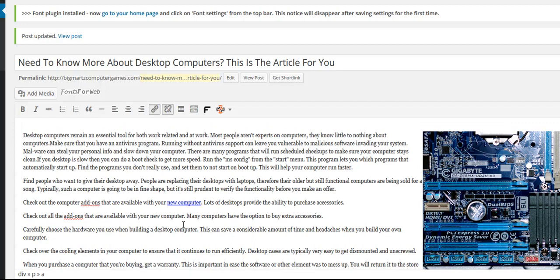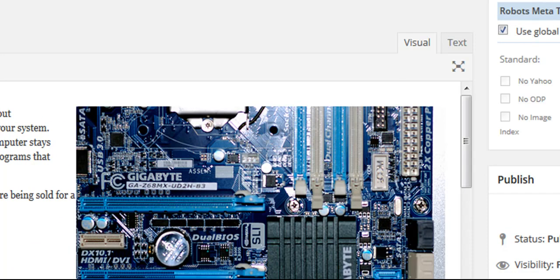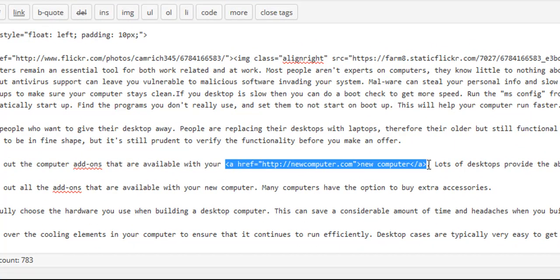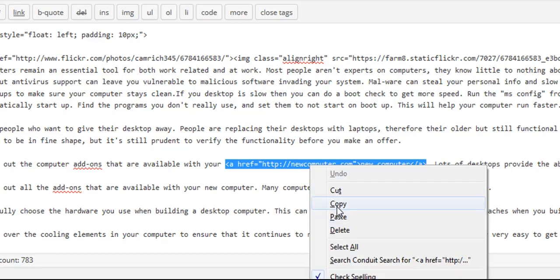Now to edit your post, you'll notice that there's basically a link. It's in blue. And this is where your ClickBank advertisements go. So if you don't want to lose the link, if you use the Spin Rewriter, what you want to do is toggle over to the text area and look for the code. In this instance, here's the code. It's a href. All links will do that. I added this link as an example, but in general, you would see ClickBank in here in the actual text. You simply copy this,